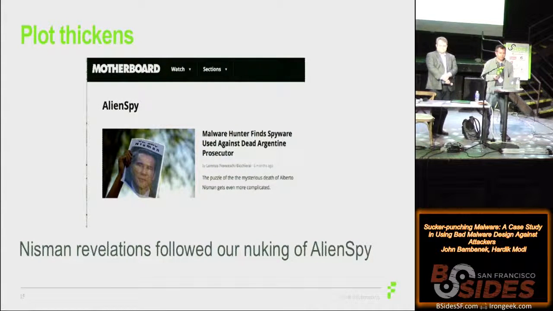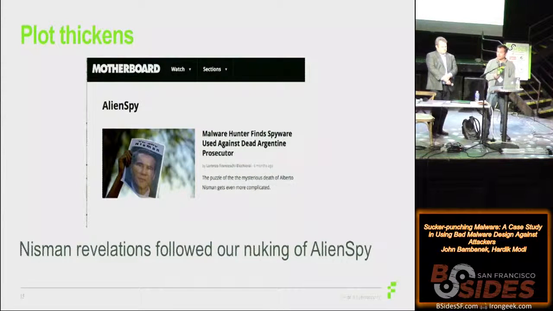Now, along the way, the Alien Spy story got a little bit richer, at least for those of us on the research side. It turned out that there was an Argentinian prosecutor, Alberto Nisman, who was in the process of filing a case against the Argentinian government related to the alleged cover-up of a bombing in Buenos Aires that happened in 1992. Again, allegedly Hezbollah did it. And there's a really murky story around Alberto Nisman and his death, essentially in January 2015, before we got around to publishing what we did.